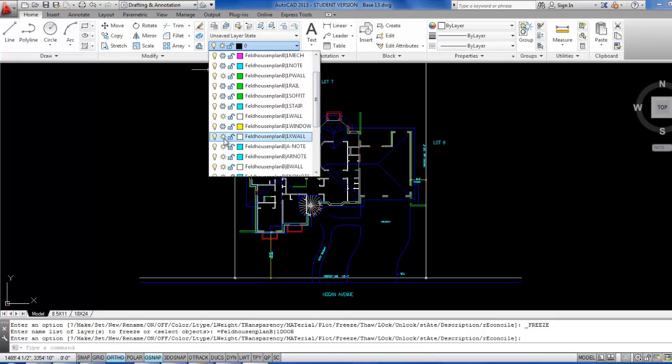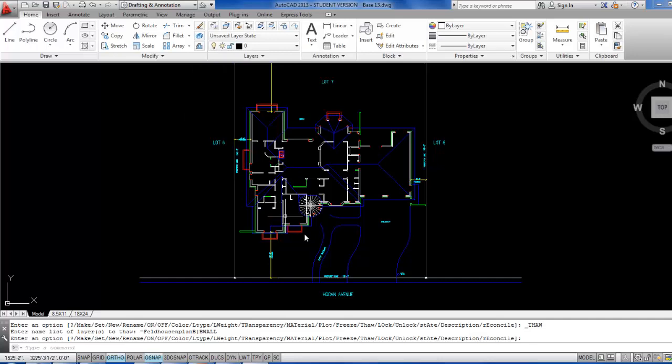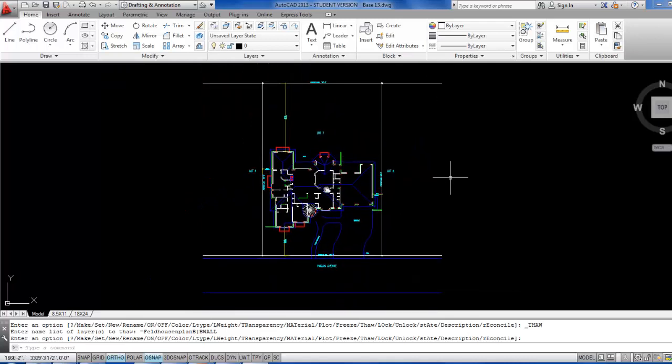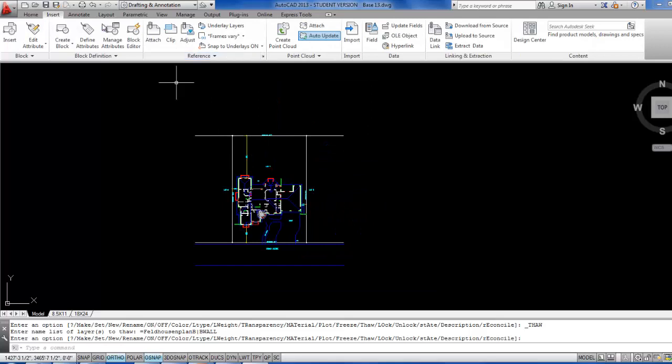So we'll just briefly look at this and see what all I can turn on. So I've turned some things off that probably shouldn't be off. There's some missing walls here and some various things, but that should give you a start as to working with external references. To work with this, I could insert my plant